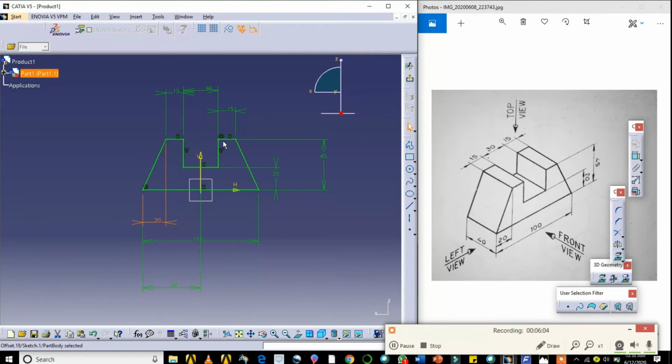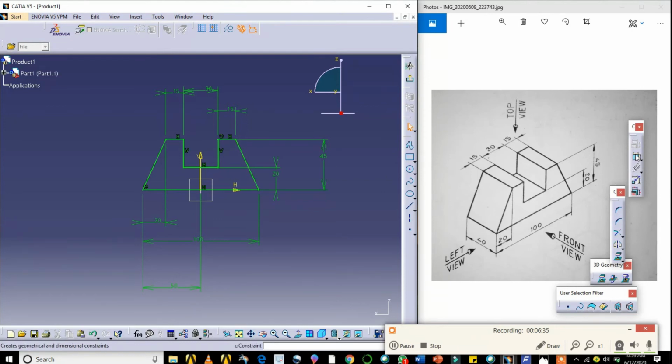Similarly, you give the dimension for this edge also. It is how much? From here to here it is 20 mm. From here to here it is also 20 mm because it is symmetric. This and this line, it is becoming over constrained because, since it is symmetric, by itself it is taking 20 mm.